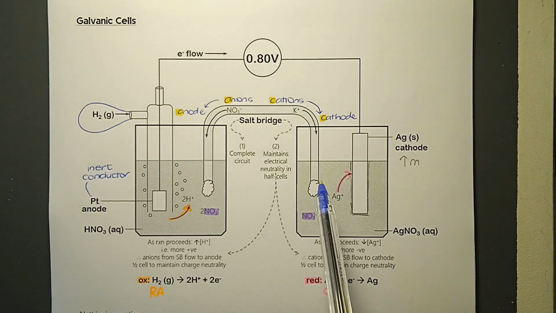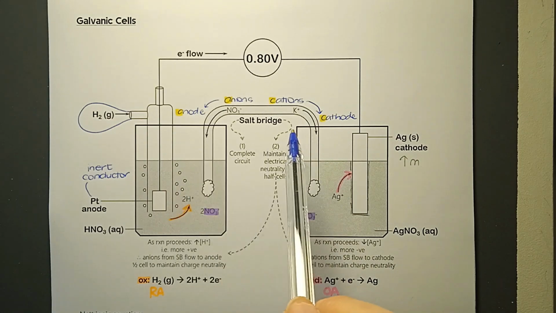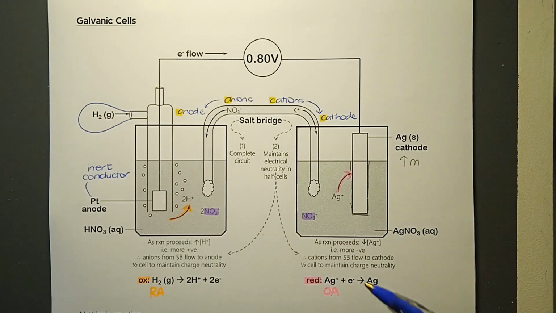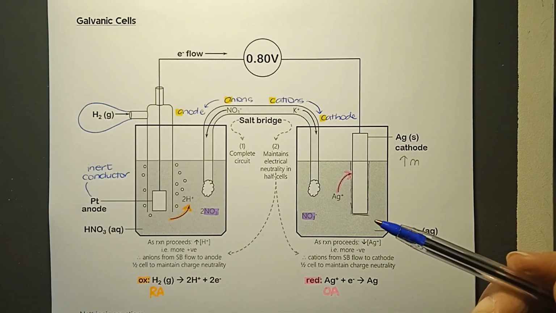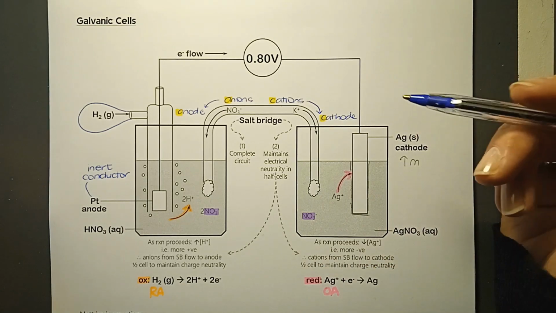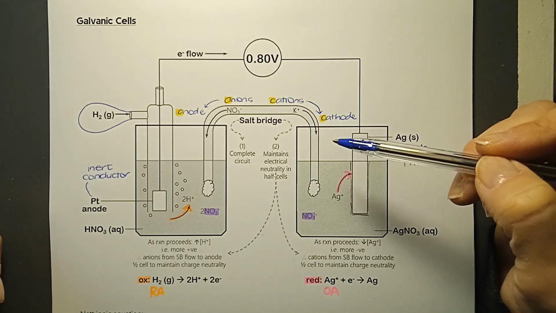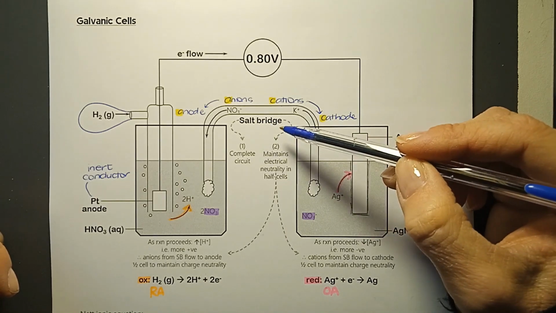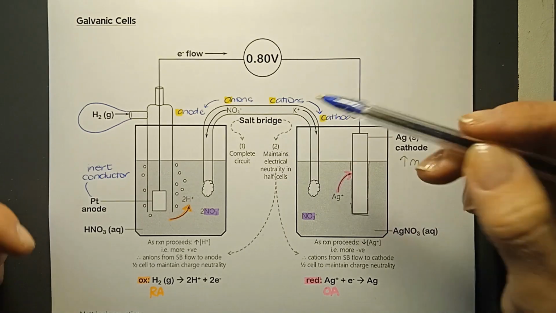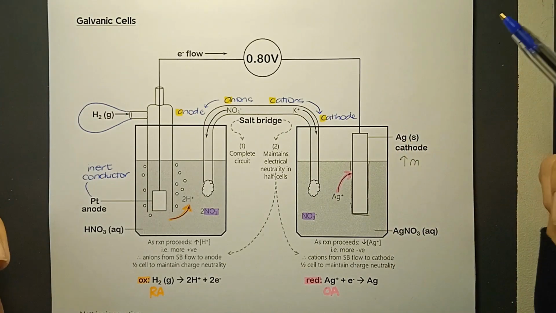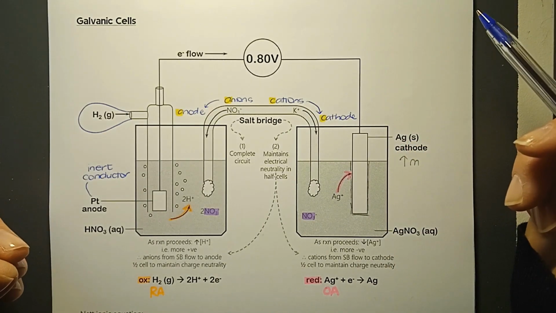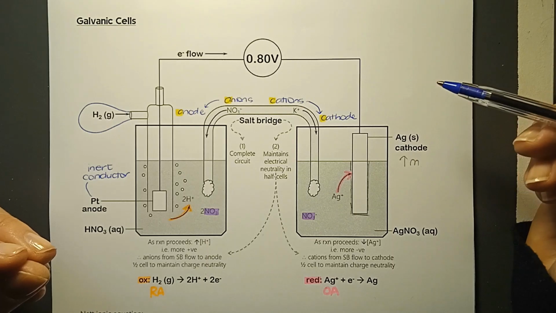Eventually, you're going to get some of these ions flowing through there, but that's eventually what's going to happen. The immediate action of the salt bridge is to do just this. And then obviously the properties of the salt bridge are going to predict or define what is going to happen in terms of how